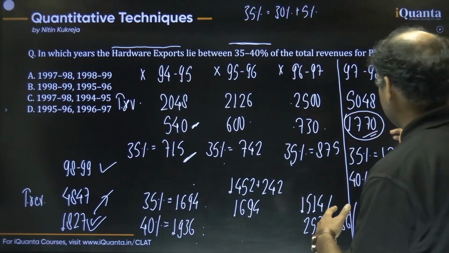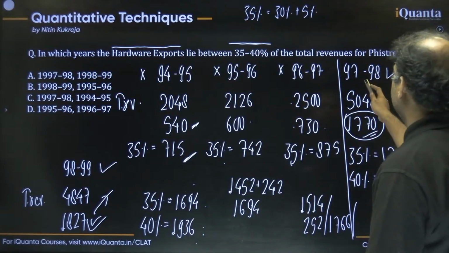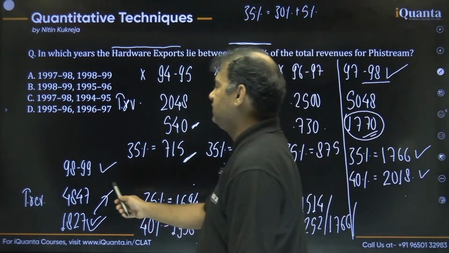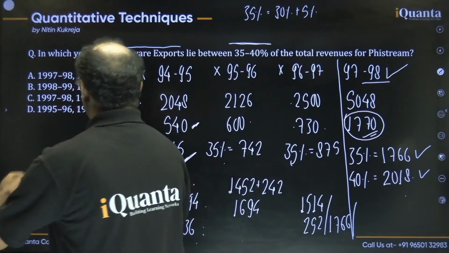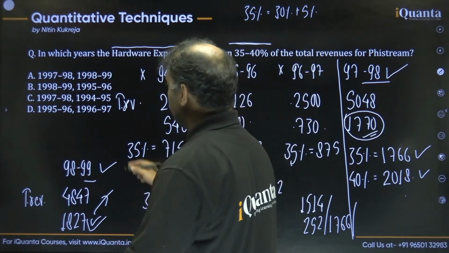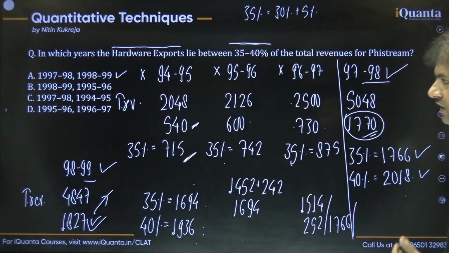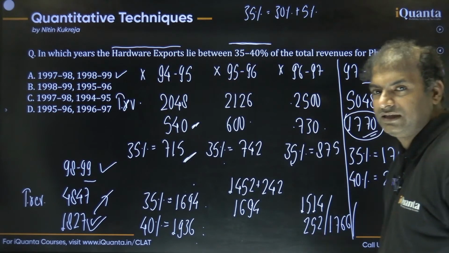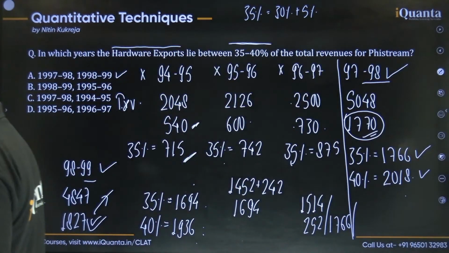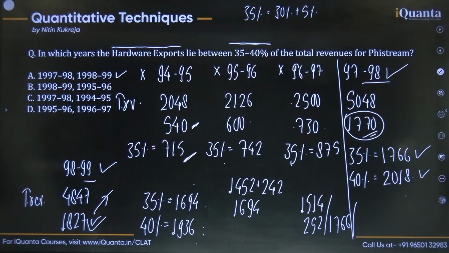So there are only 2 years which are satisfying the conditions. Number one is 97-98, number two is 98-99, right? So among the options, if you see, option A is the one which is satisfying, right? 97-98 and 98-99, and this is how we can say option A should be the right answer, right, guys? Hope that's clear to each one of you. All right, and this is how we can try the next question on this, right? All right,